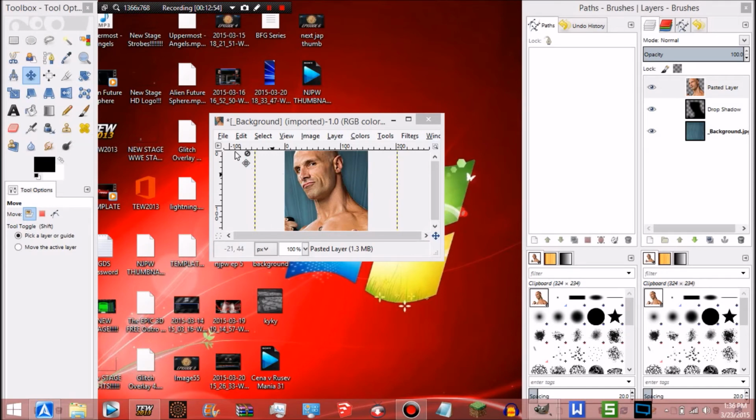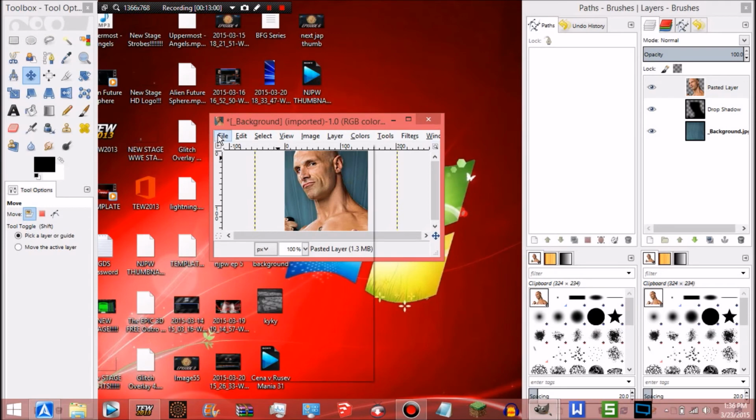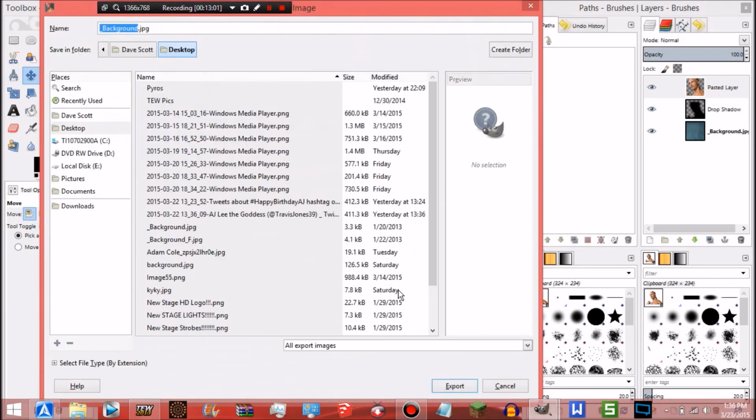So after you're done with that, hit File. That's about all we need to do for the picture. I hit File, Export As. I'm going to make sure it's saving as a JPEG, .jpg, because TEW only takes JPEG files. If it's saving as a .png or some other file, just go there, backspace, and type JPG, making sure the dot is there too. That'll save it as a JPEG file, then hit export,